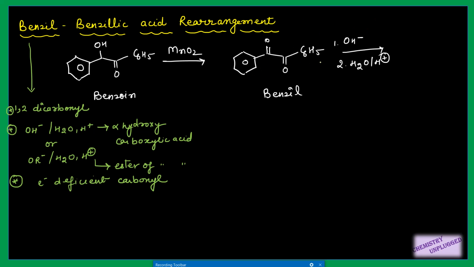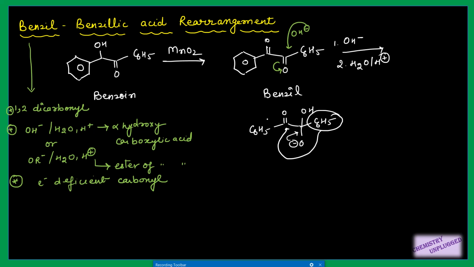So out of these two we have a phenyl group on both sides, so we can attack either of these two carbonyls. OH minus will first attack, suppose, this carbon, and this bond will shift here. Now if this negative charge comes back to its position, this carbon will become pentavalent, right? So to satisfy the valency of this carbon, we have to migrate a group. If I remove this OH again, there will be no result of this reaction. So I will migrate this phenyl ring to this carbon, and this bond will shift to oxygen, right?